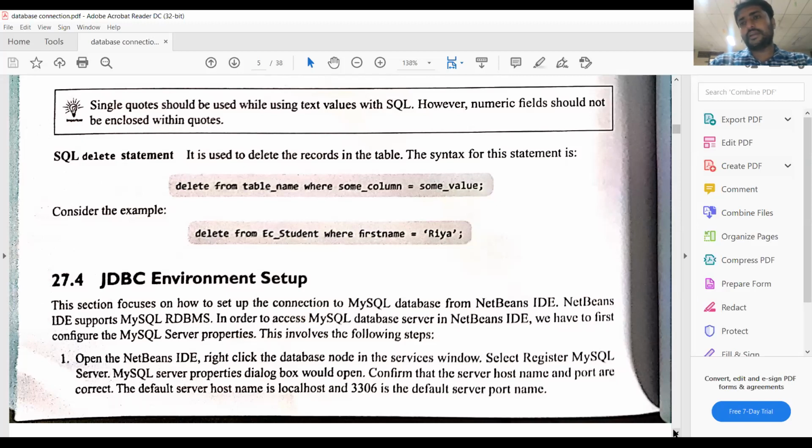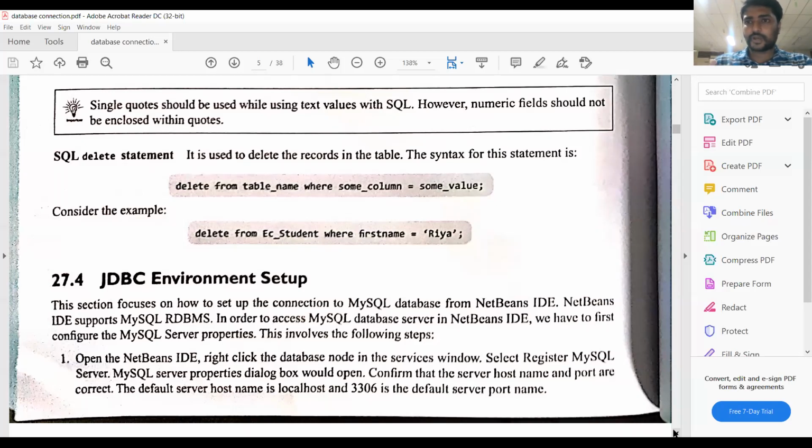While using the JDBC drivers, we have to update the class path. The class path is nothing but the JDBC connector path. If you download the JDBC driver, we'll get the JDBC connector .jar file.